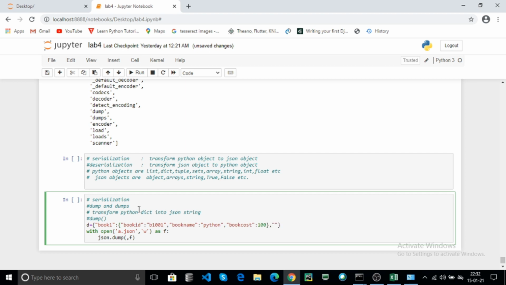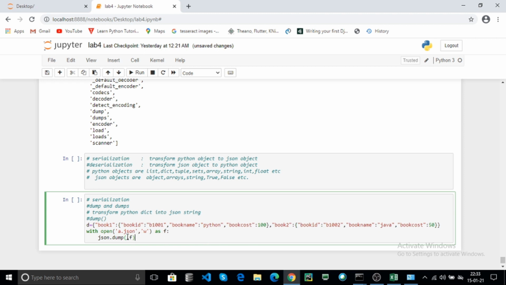Now book 2 contains book ID, for example B1002, book name, for example Java, and book cost, here use 50. Here d is the dictionary. Here two books. Every book contains the book ID, book name and book cost.